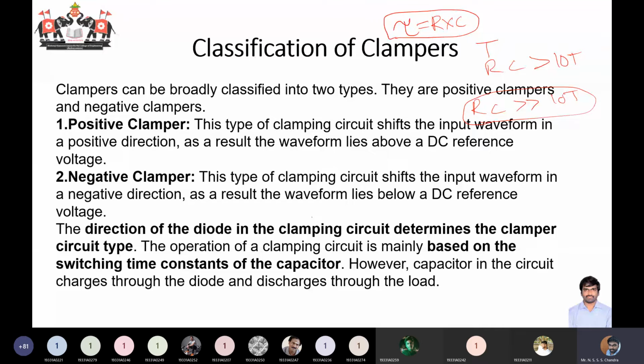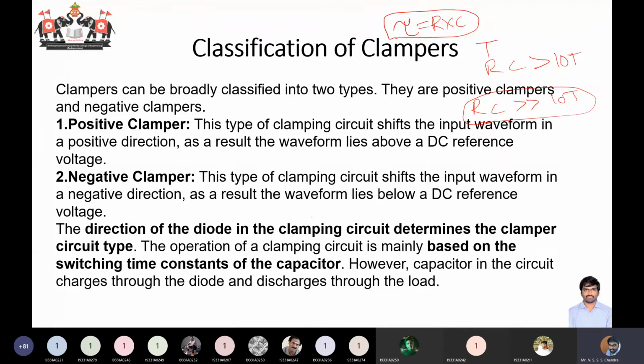And also here we should take it in such a way that compared to charging time, discharge time will be longer. We'll take a capacitor in such a way that charging time is comparatively smaller than the discharge time. So once the capacitor is charged, discharge will take a long period. Until the capacitor is discharged fully, your capacitor acts more or less like a battery. Until the capacitor is fully discharged, it can act like a voltage source.